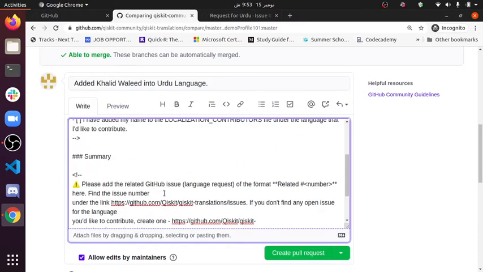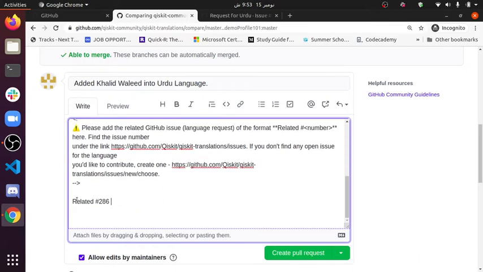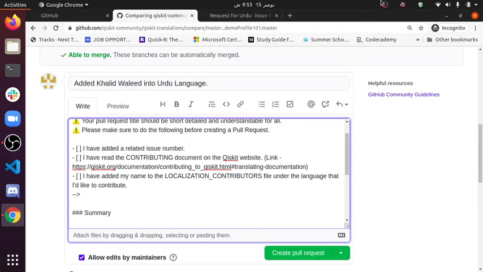So I have added my issue number; you can see here Related #286. Now go here and type X. This is markdown language, and in markdown, in order to make a check, you simply have to enter X within the square brackets.